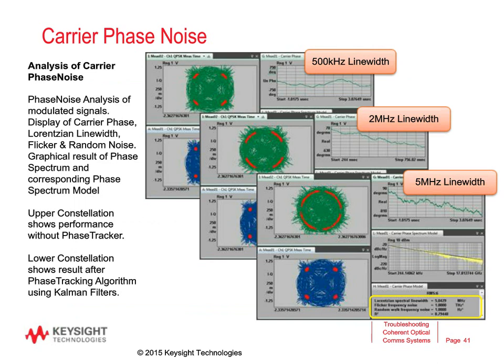We are able to analyze the carrier phase noise as well. And we see here that the constellation points start to get more the shape of an arc. So I'm showing 3 different laser line width simulations here, starting with 500 kilohertz, 2 megahertz, and the last one is a 5 megahertz line width simulation. And you see how the constellation is more looking like an arc. As a reference, I plot a non-phase noise